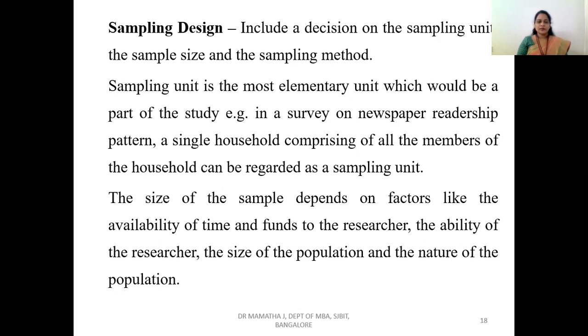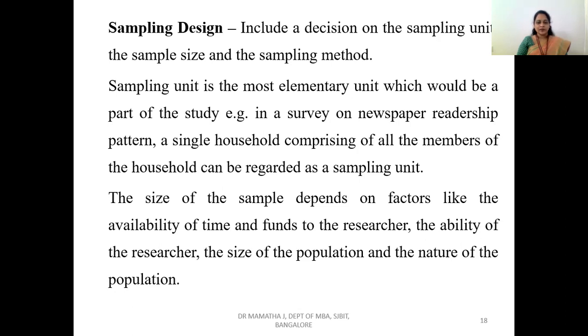There should be some methods involved, techniques involved to draw the sample. But we should use some statistical techniques, scientific techniques to draw the sample because there should not be any bias during the sample selection. If there is a bias, it would lead to some inaccuracy in the results. So what we have to do is we have to either switch on to probability sampling techniques or non-probability